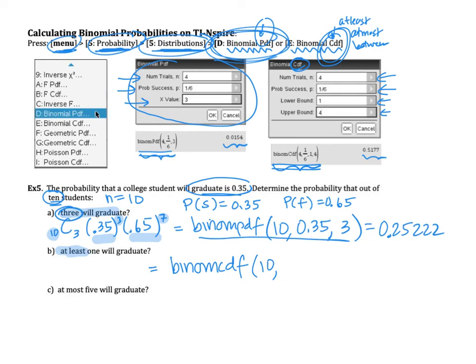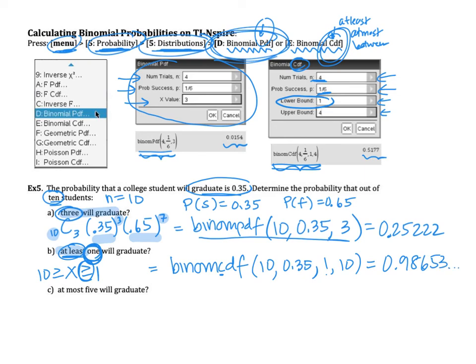There are 10 trials, right? So my number of trials is 10. My probability of success is 0.35. If I want at least one to graduate, what does that mean? That means X is greater than or equal to 1. Not quite, because we only have 10 students, so it's just between 1 and 10. But the word at least is inclusive, so you are including that 1. So you're going 10, 0.35, 1 to 10. You have a CDF there because it's cumulative from 1 to 10, so you should get